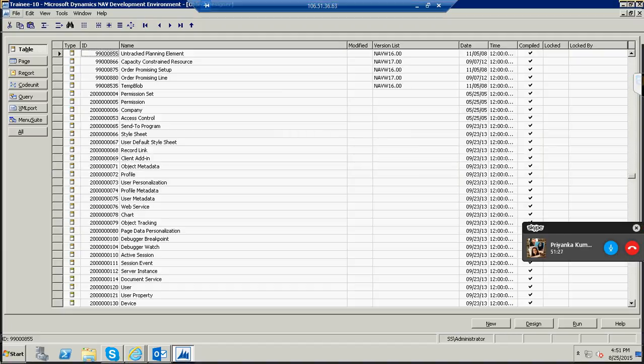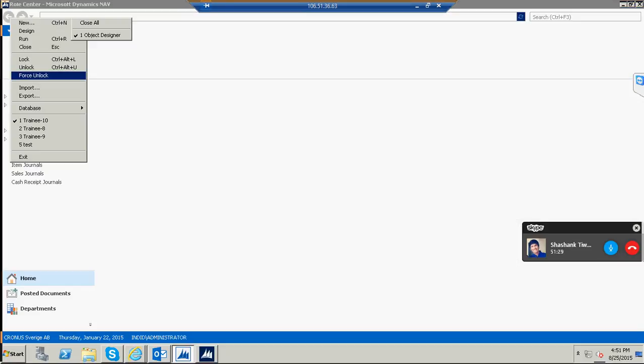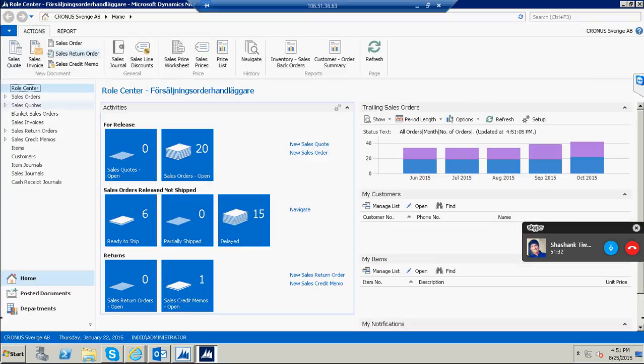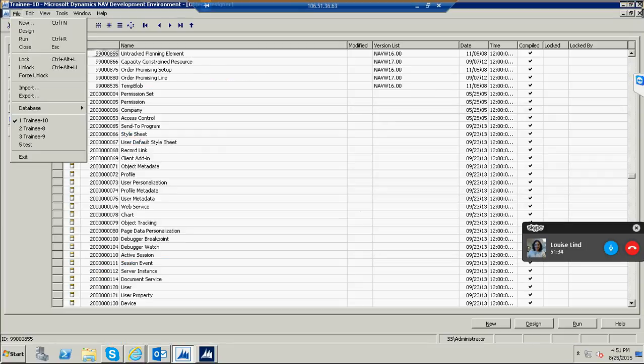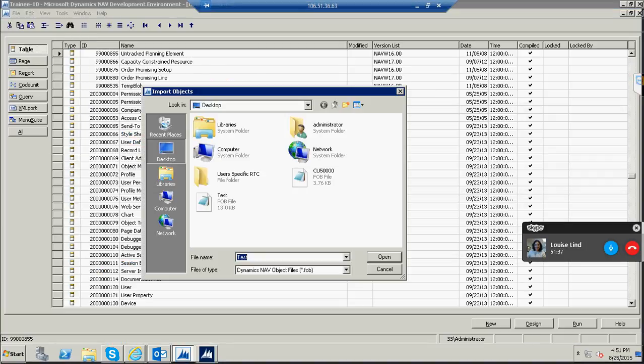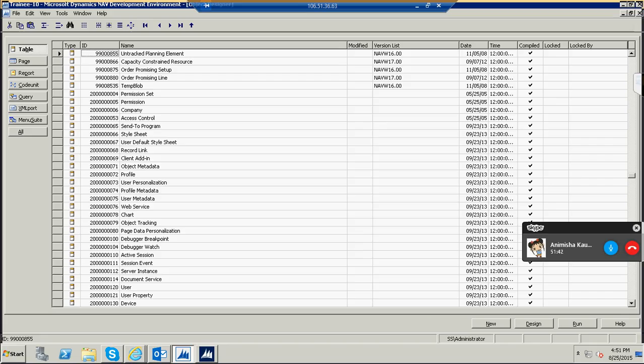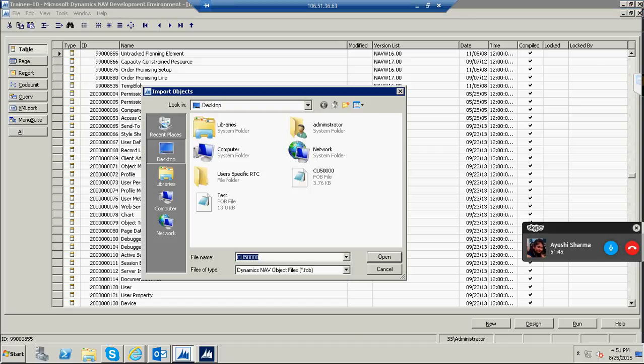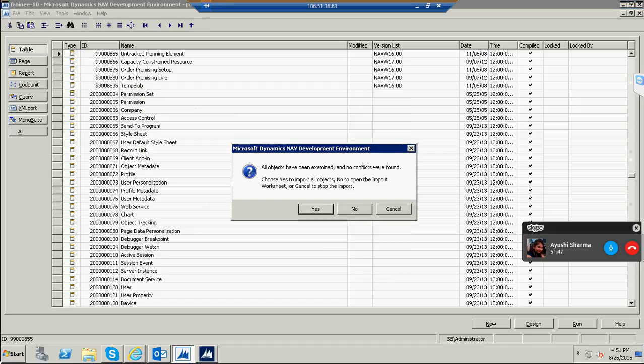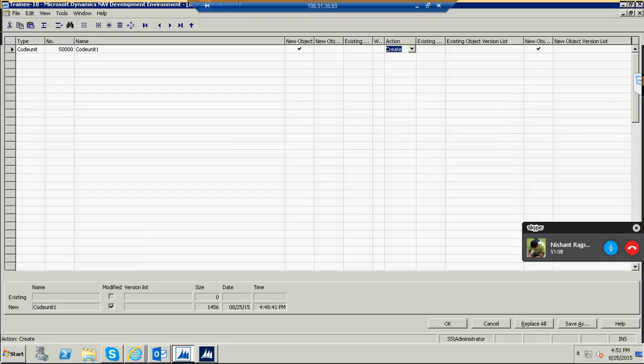But I have exported that object from trainee 8, and I want to import it to this database. So I need to go to file, import, and I will select the code unit. Whenever I import any object, I will not select yes, otherwise it will directly replace the object. Suppose I already have some object with 50,000, so I should press no, and you can see it is creating. Otherwise, if I have some other object with 50,000, it will show the replace. Okay,